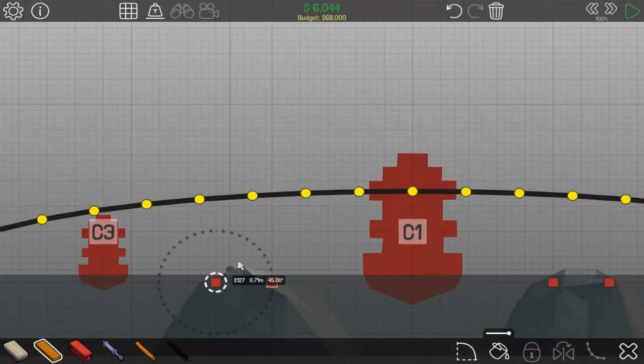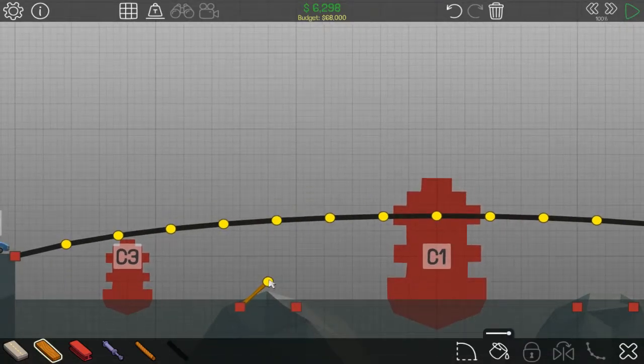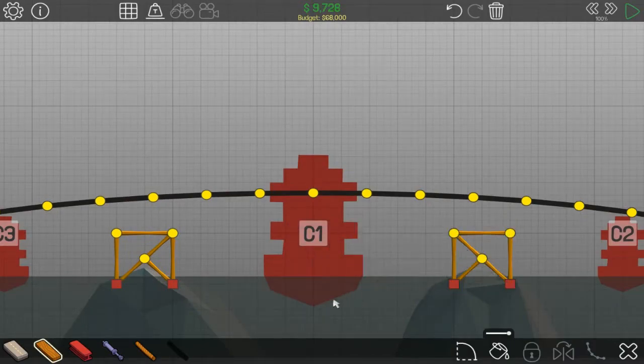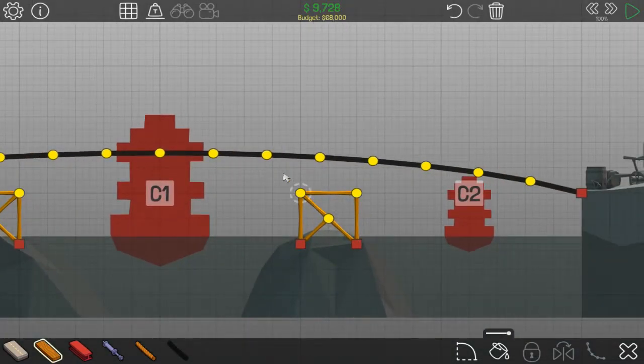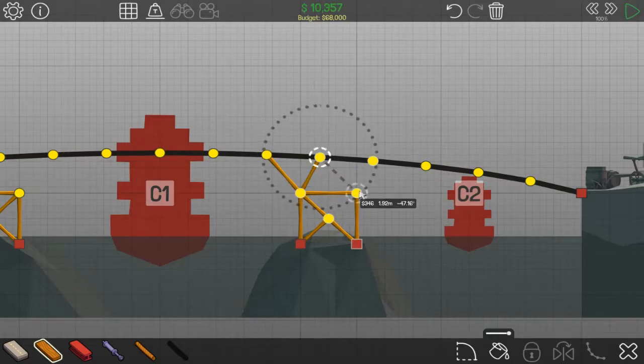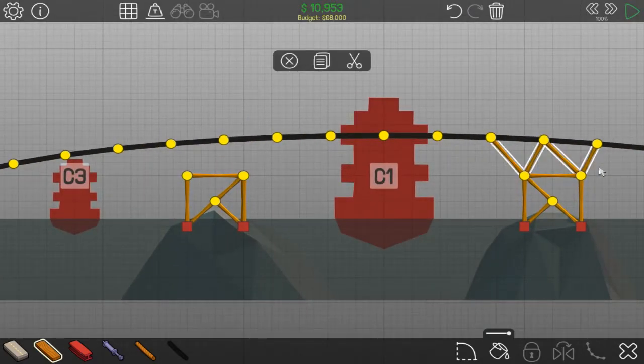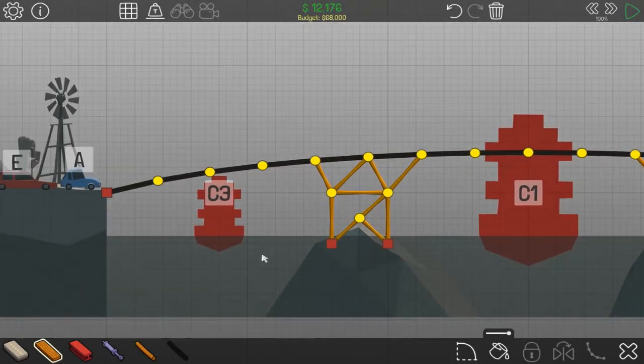Well, I think that we start with one of these structures. Remember this thing? So I think we start with that. That allows me to put support here, here, here, here. Can we reach that far? No. Okay, so that gives us some support there. And then...